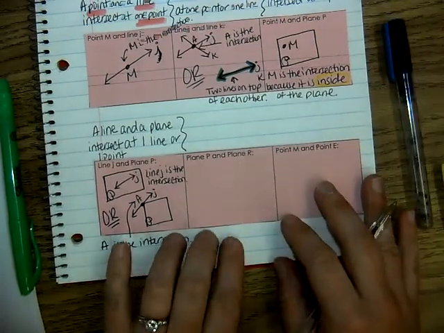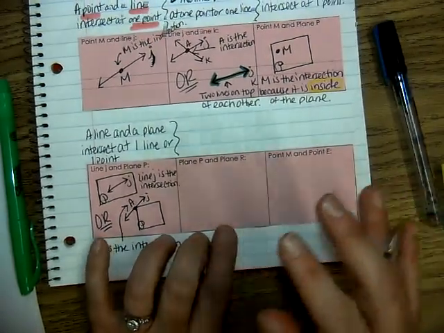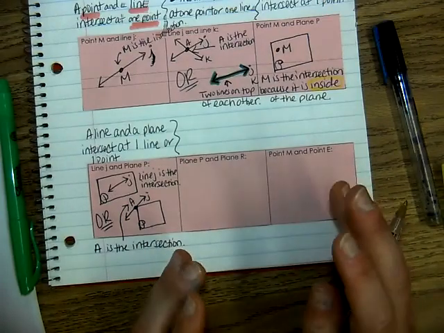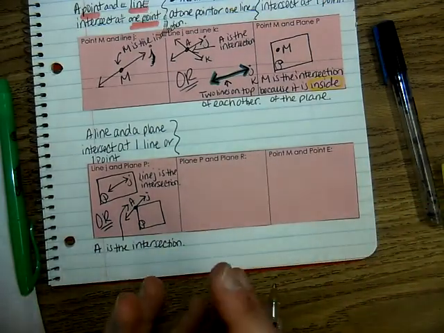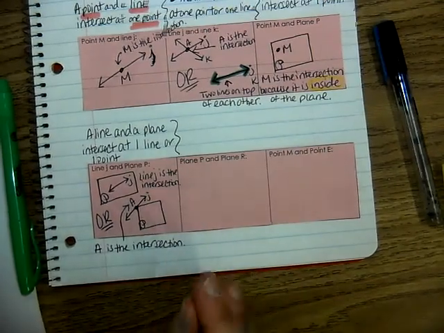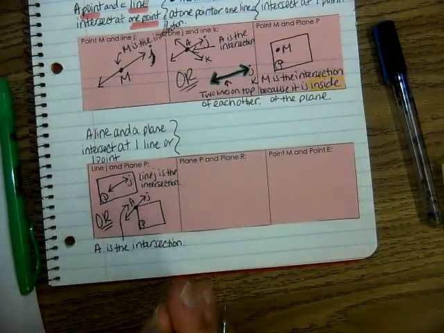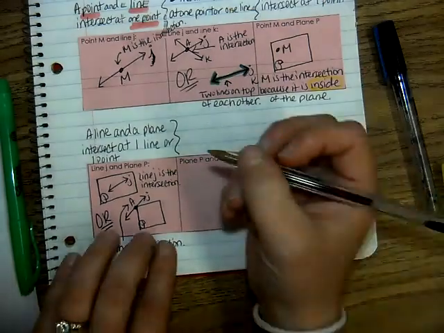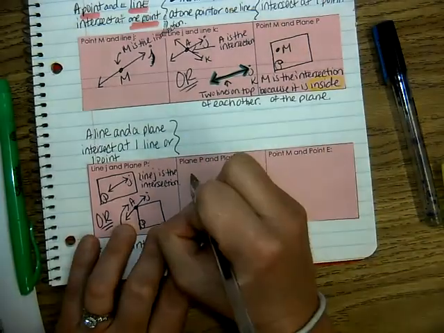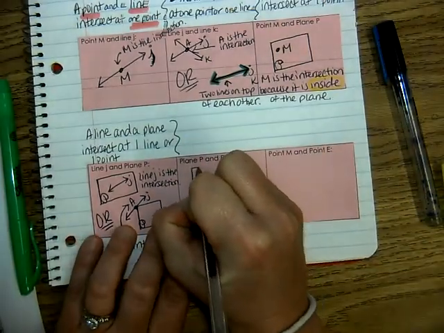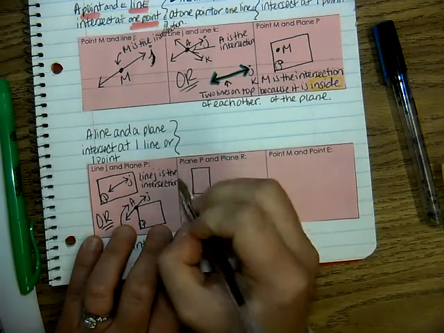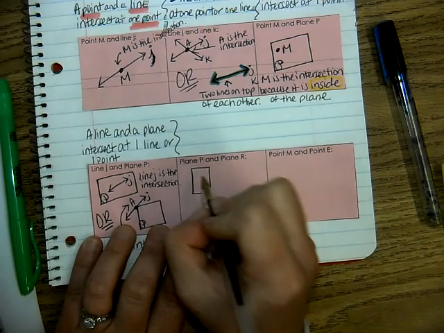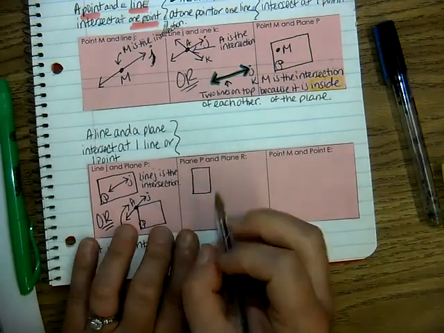The next one that we have is plane P with plane R. And this is kind of tough to draw. So there are three different ways in which two planes can intersect. Here's the first way. They can intersect at a line. And so what I'm going to do is I'm going to draw two rectangles. And they are going to intersect each other. But when I go in between, I'm going to use